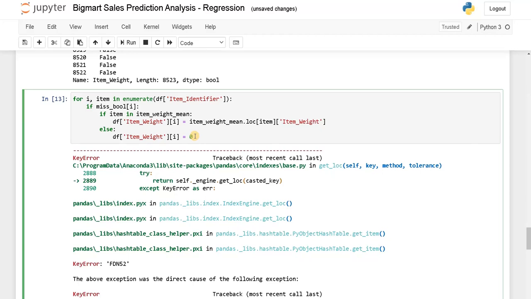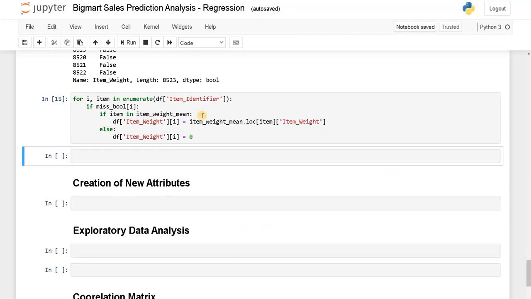Now let's run this again. Now it filled all the missing values. But we have so many missing values with 0. You can delete that entire row if you want, or you can leave it as it is.